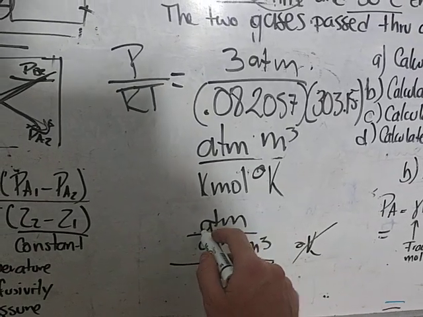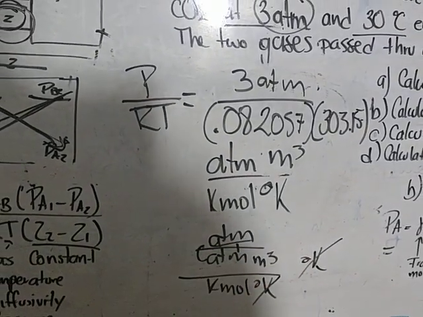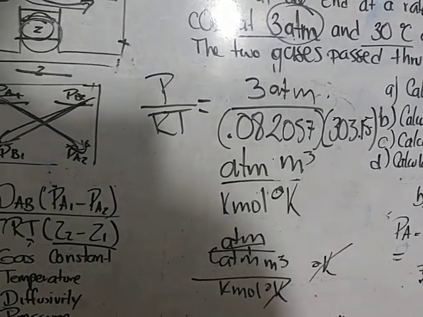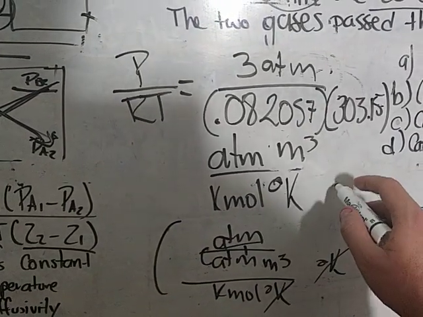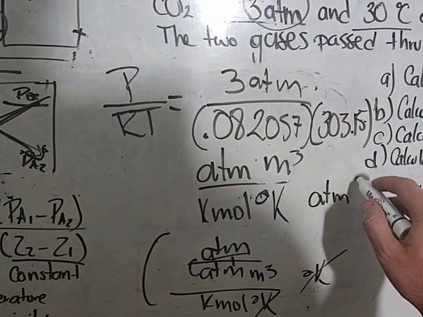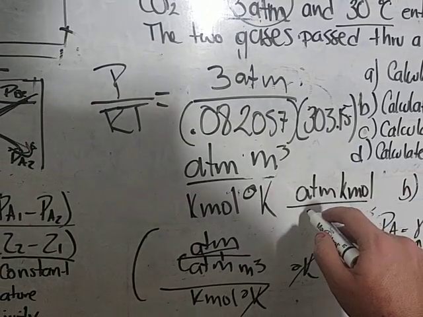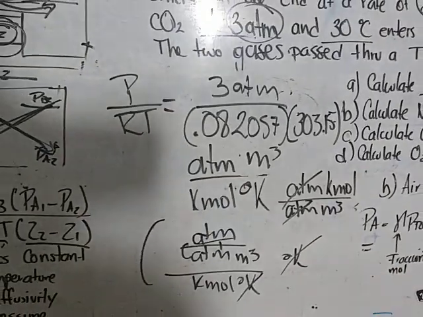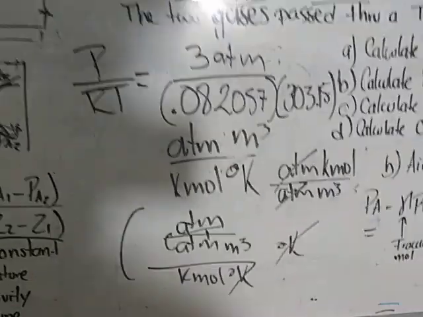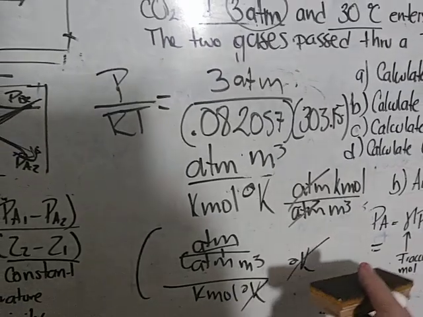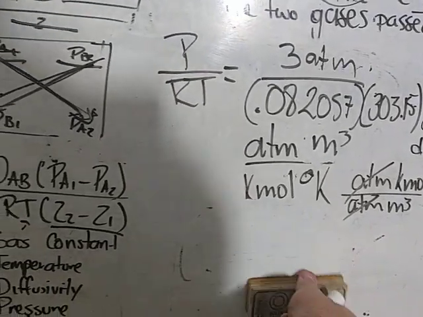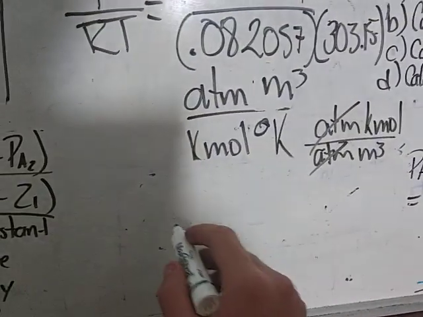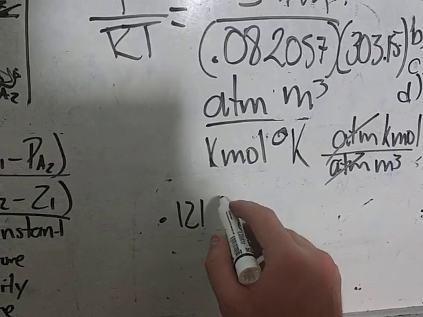I'm going to eliminate the atmospheres, and we're going to obtain, at the end, kilomole, and we're going to obtain one data. This data, the units are going to be kilomole per cubic meter. The result of this operation is going to be 0.121 kilomole